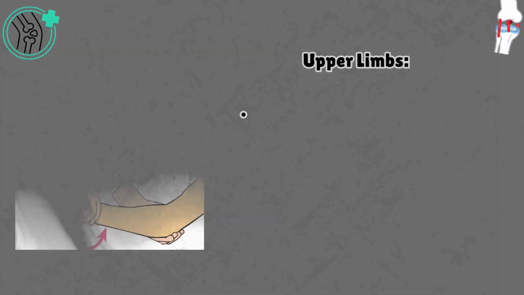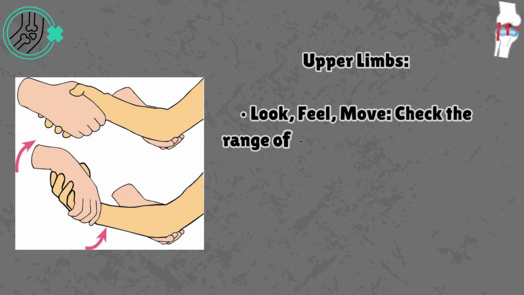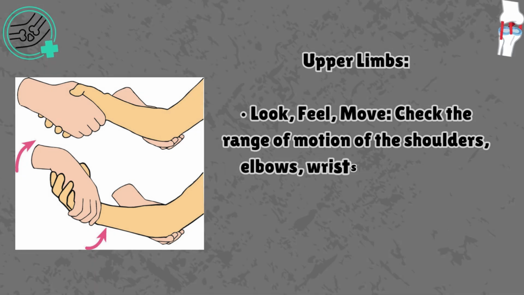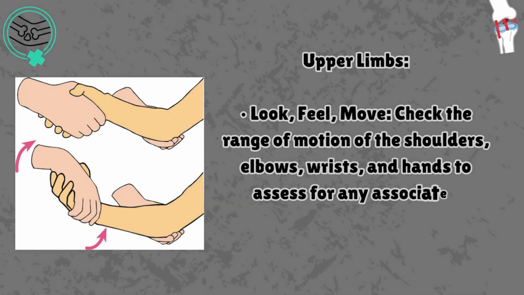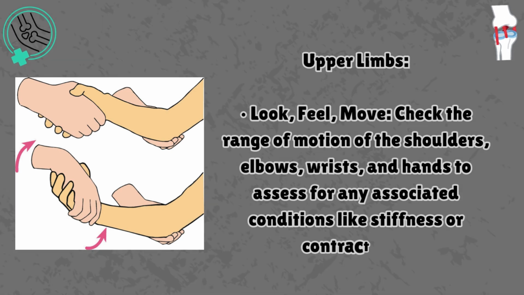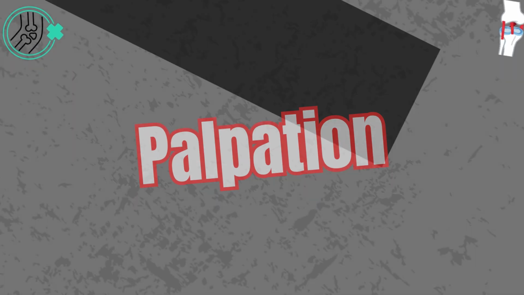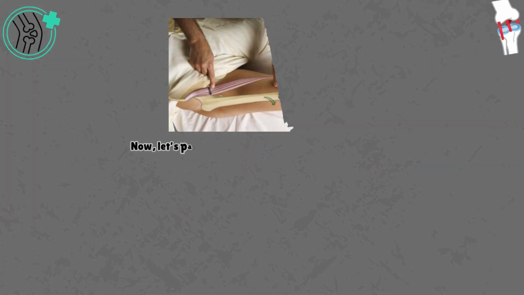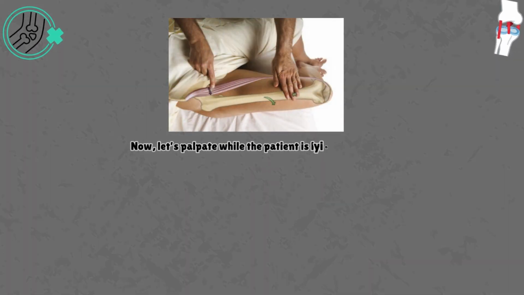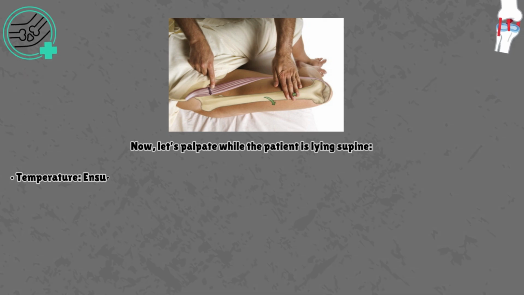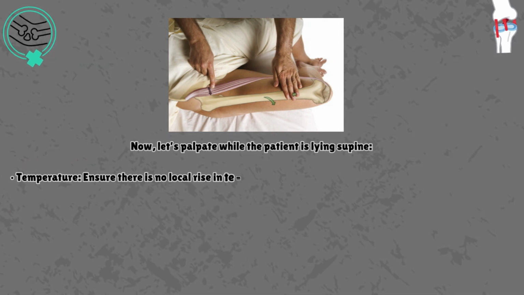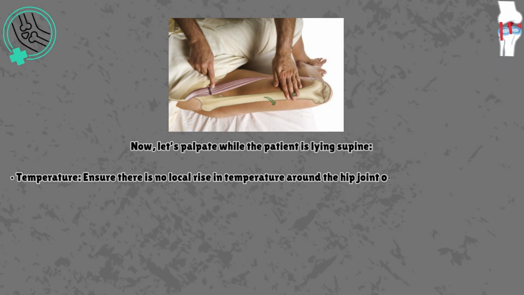Upper limbs. Look, feel, move, check the range of motion of the shoulders, elbows, wrists, and hands to assess for any associated conditions like stiffness or contractures. 5. Palpation, on supine. Now, let's palpate while the patient is lying supine. Temperature. Ensure there is no local rise in temperature around the hip joint or affected limb, as this could indicate